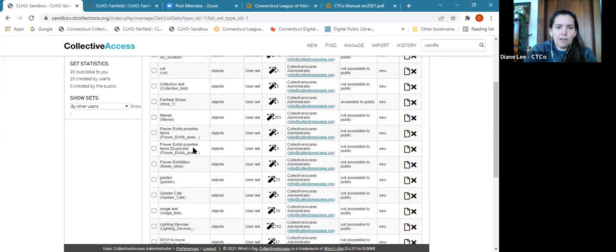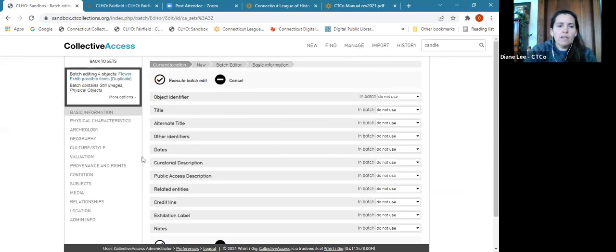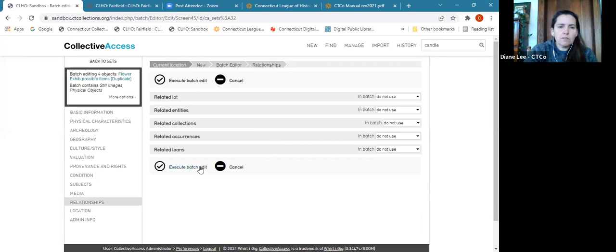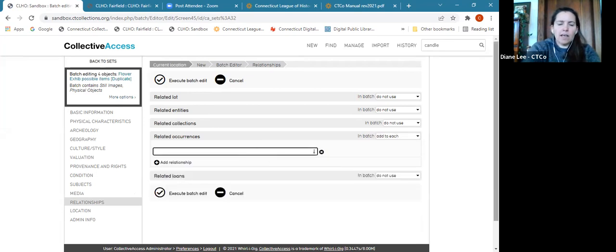and go back to our flower exhibition, go and use our magic wand just from here. So down here under relationships, this is where you can say, and this is where that occurrences is exhibitions, and I really need to remember to change that so it's not too confusing. So we want to add to each that